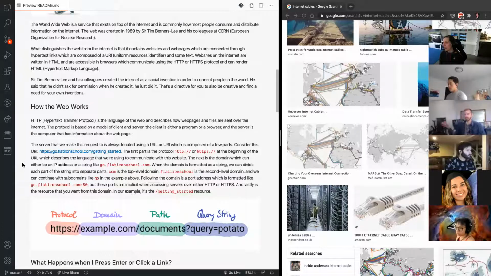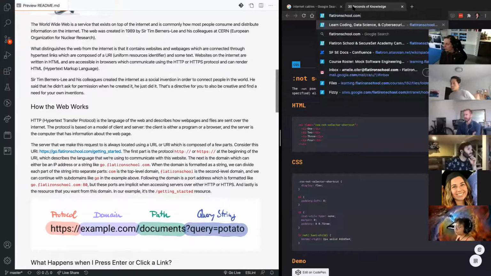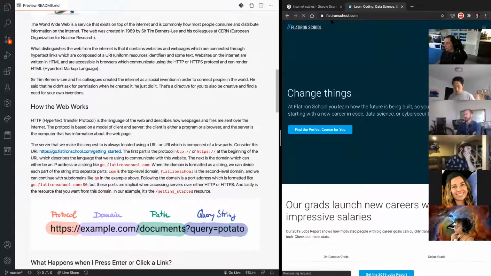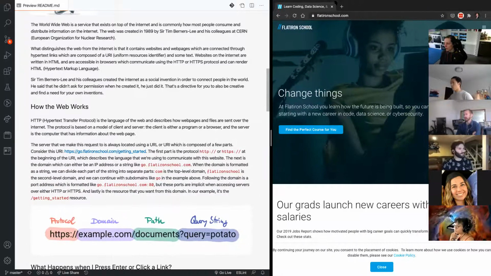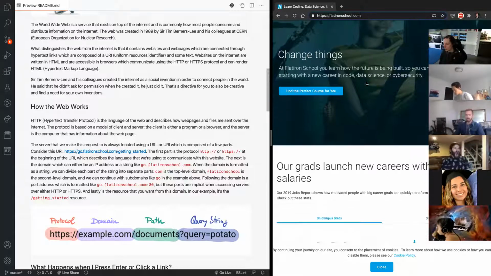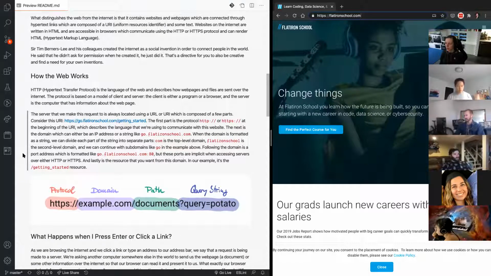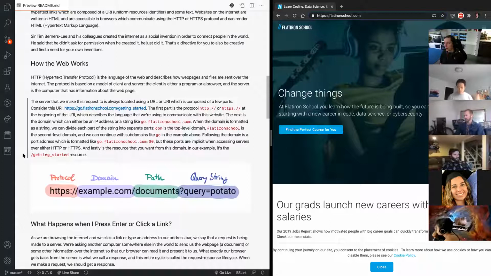So if we go to a website, right? We go to flatironschool.com. Maybe we want to find a particular resource, or we just want to go to the homepage. Let's go ahead and do that. We type that into our URL bar, right? In our case, we don't even have to type the HTTPS part. We can just say flatironschool.com, and it will bring us to where we want to be. There are a lot of things going on in the background. We're not going to go into too much detail, but I want to dissect a little bit the different pieces